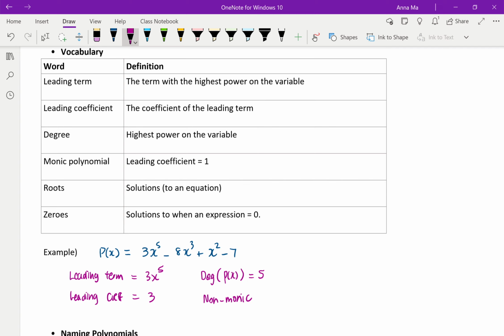analyze a polynomial. Now these words down at the bottom, roots and zeros, are meant to be the solutions to the polynomial, but a lot of people get confused between those two words. You can only use the word root if you're talking about a solution to an equation. So it has to be an equation, not an expression. Whereas the word zero can be used for an expression because we are assuming that you're solving for the expression being equal to 0. So for example,